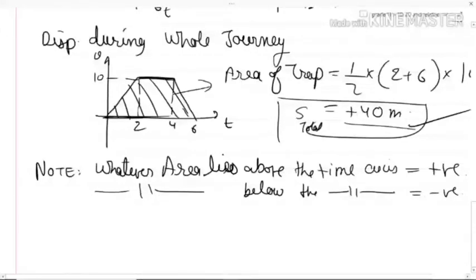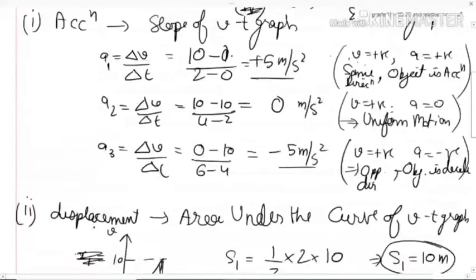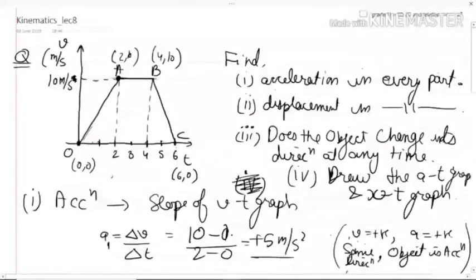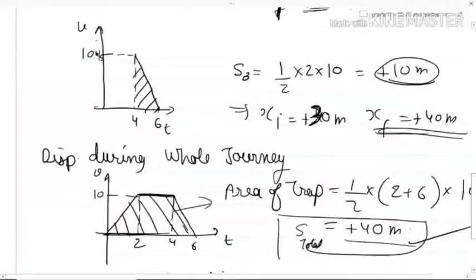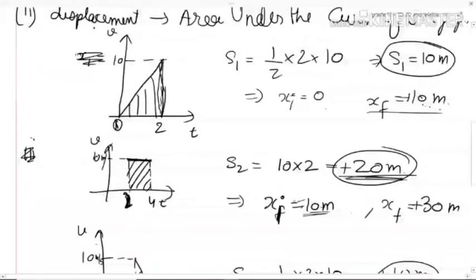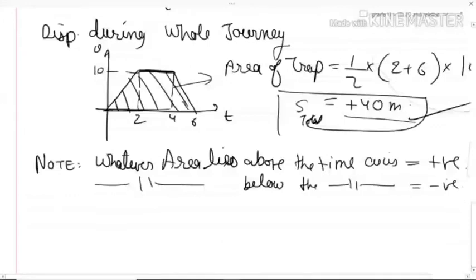So this is the second part of the question. Any doubt? Guys, any doubt in the second part of the question? We calculated the displacement in every part. Now, does the object change its direction at any time? Can you see the displacement is increasing only? In the first case from 0 to 10 it is increasing, 10 to 30 it is increasing, 30 to 40 meters. So does the object change its direction anywhere? No, right? So hence,